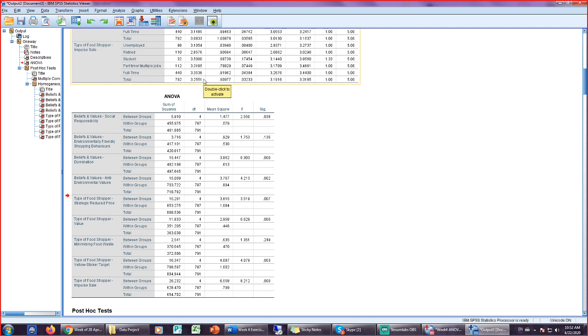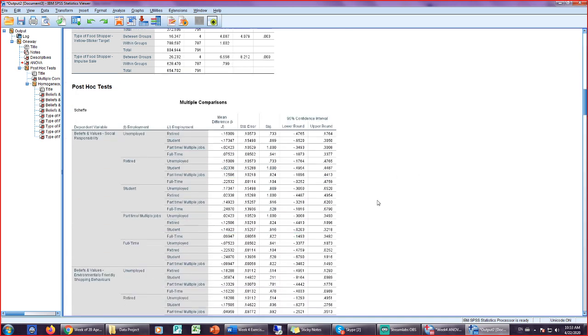So what can we see? We see that folks who are retired are the lowest on this, 2.86, and people who are employed students actually, take that back, are the most likely to be impulse sale shoppers, at least when it comes to food, with a 3.5. Let's see if these show any significant differences on our